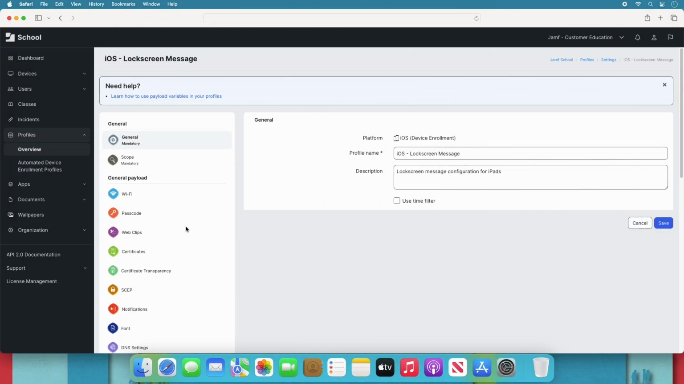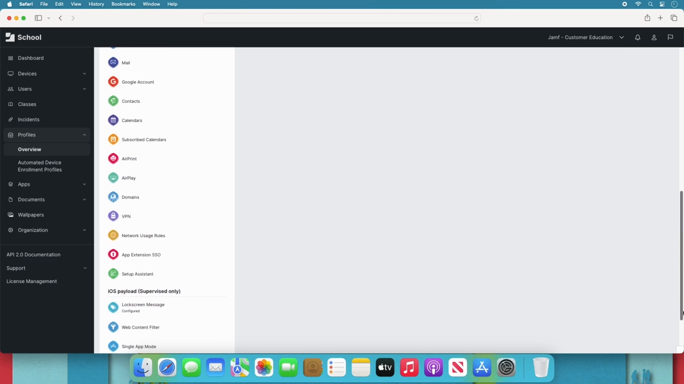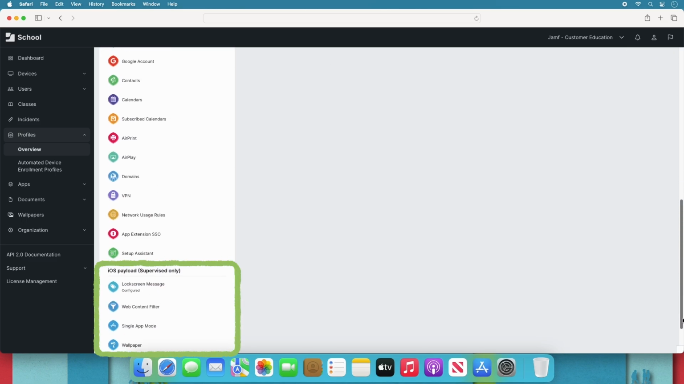There are also some helpful payloads to explore that are specific to mobile devices. In an iOS profile, let's scroll down until we find the iOS Payload Supervised Only category. For these payloads to work, a device must be supervised, which is a setting that can be enabled through automated device enrollment or applied manually with Apple Configurator. Because supervision provides increased access and control of a device, it's not something typically available for personally owned devices enrolled